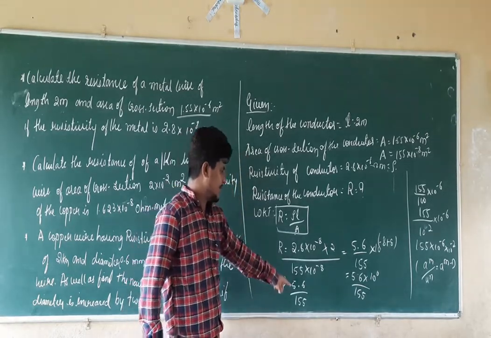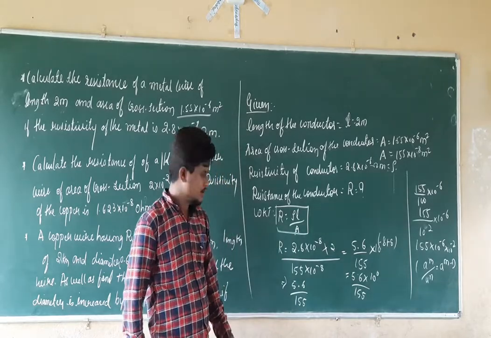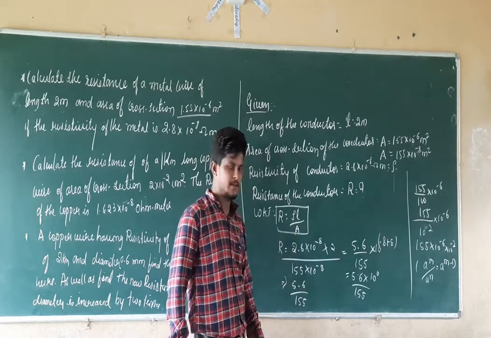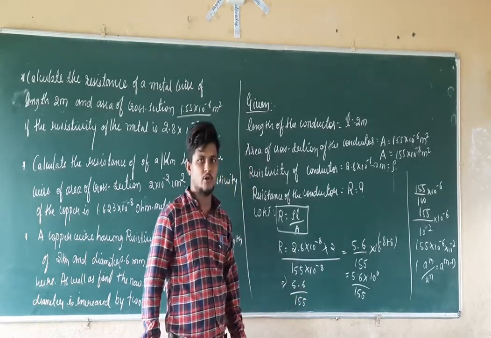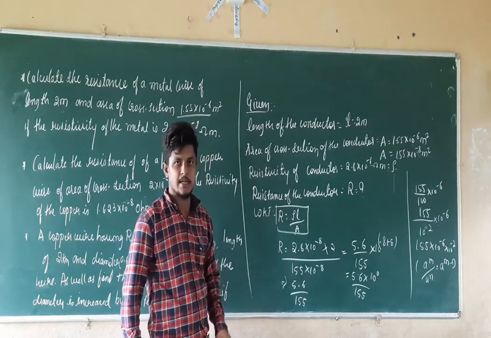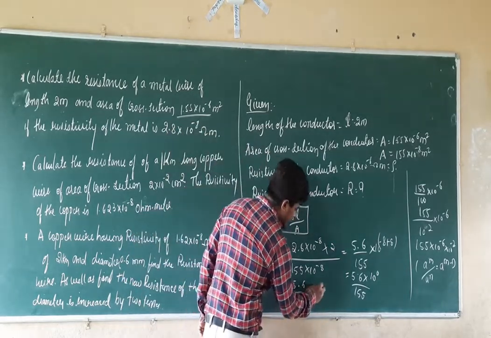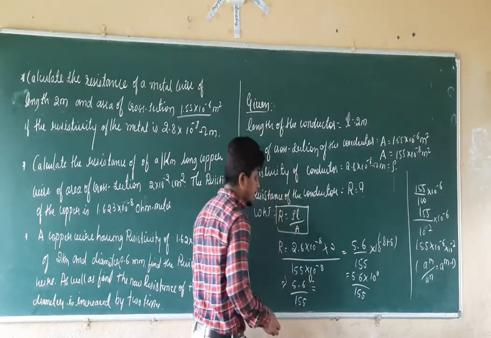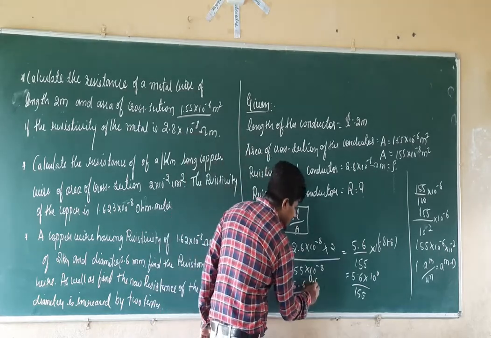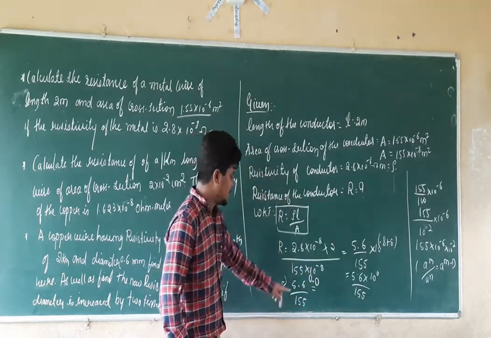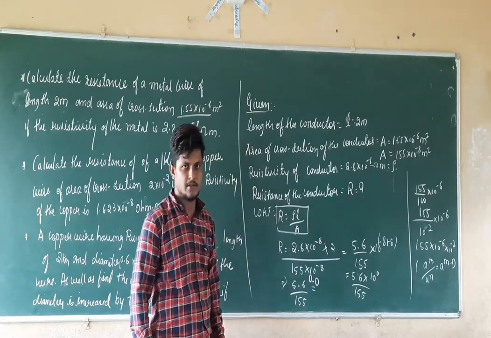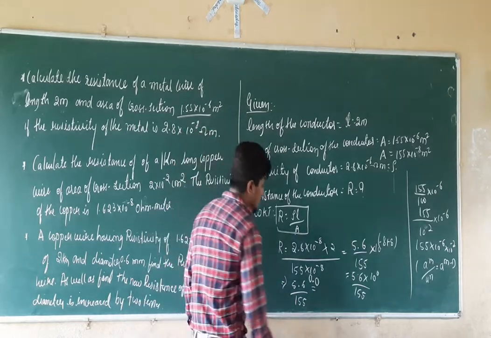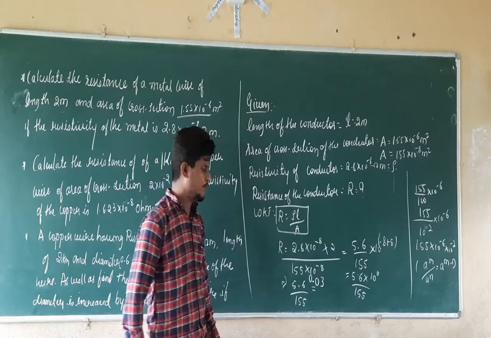Is it possible that those cancel each other? If you take 56, 5 plus 6 gives 11, and 155 also sums to 11, so it is not possible to cancel or divide them. So 5.6 can be written as 56, and if we take another 0, it becomes 560. 560 divided by 155: 155 times 3 is equal to 465. So then it will become 0.3, and the answer will be 465.